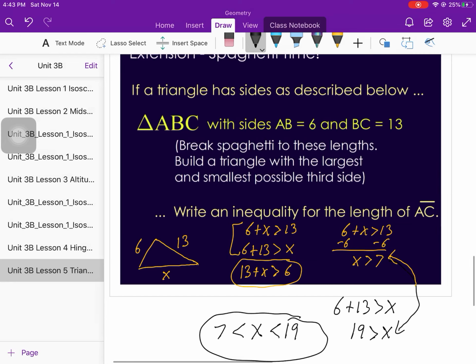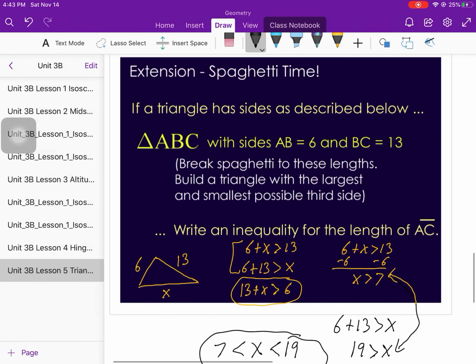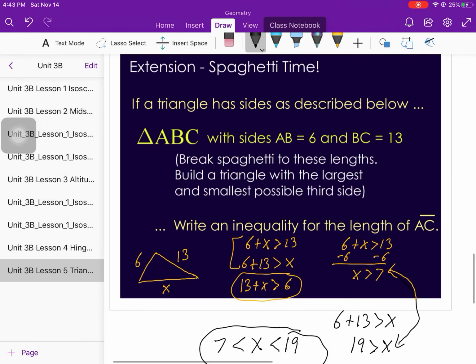We'll do some more practice with this together in class, but remember that you are doing the workbook problems for Unit 3B after you're done with this video. That is your homework for these